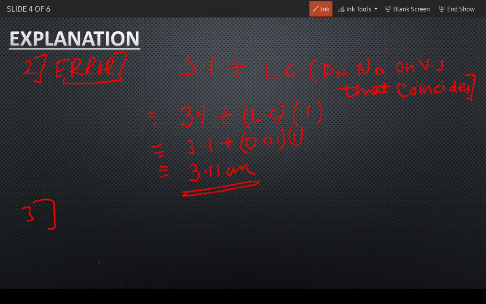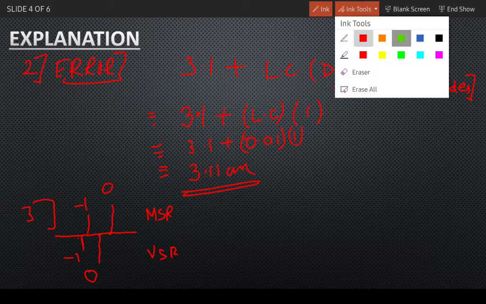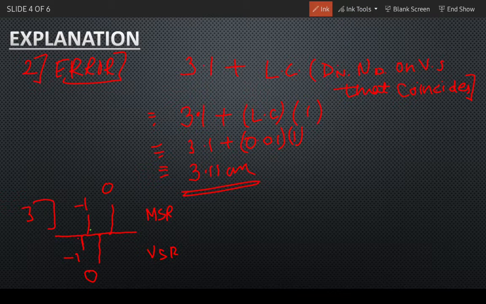The figure shows this kind of reading: 0 of the vernier scale division, 0 of the main scale division. If we extend the graph, then this will correspond to the -1 of the main scale reading, and this part will correspond to the -1 of the vernier scale division. So over here we will calculate this portion first, from -1 of the main scale reading to the 0 of the vernier scale reading.